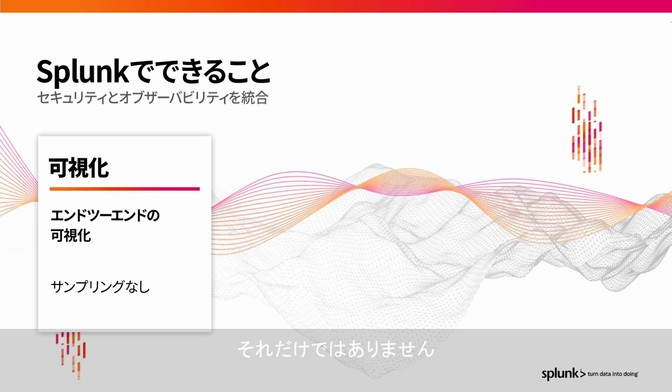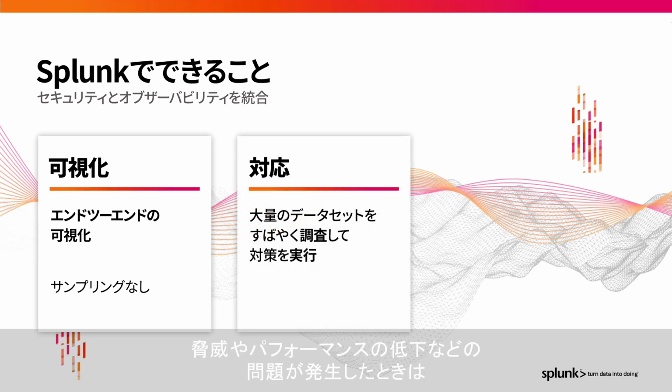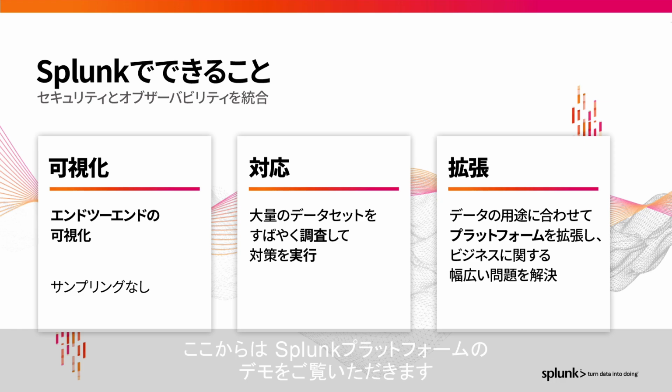But you need more than complete visibility. You need to be able to act quickly on threats, performance issues, or any other obstacle with human support or increasingly artificial intelligence and machine learning. And with Splunk, the same platform that keeps your systems secure and resilient can be extended to solve for a variety of custom use cases. So now, let's take a look at a demo of the platform in action to see how Splunk turns data